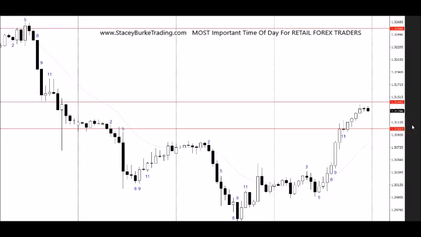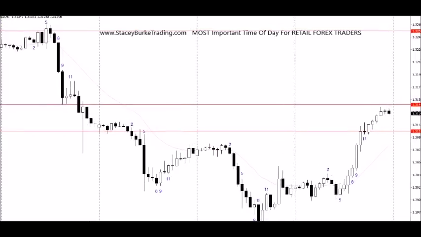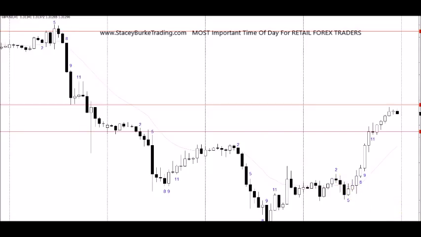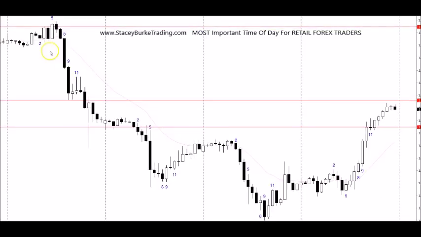So we go to the next session. This is just last week's charts on the British pound. These red lines are previous support and resistance levels from the week before, from the days before, and we're looking at the hourly charts. Maybe we can move that chart over a touch to see that that's the 1 hour chart. Between 2 a.m. and 5 a.m. we will often see a high or low for the session. So as Asia closes and London opens, we will see